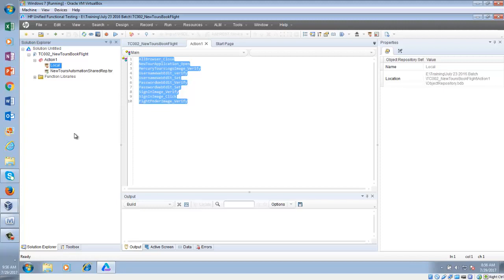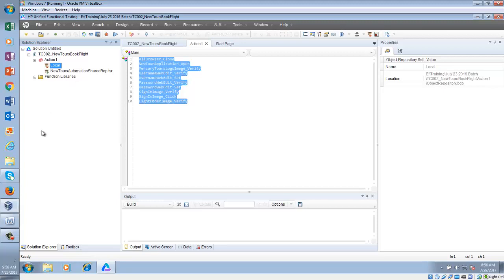So we can use local object repository with only this test case 2. But shared object repository we can use with all of the test cases, right?